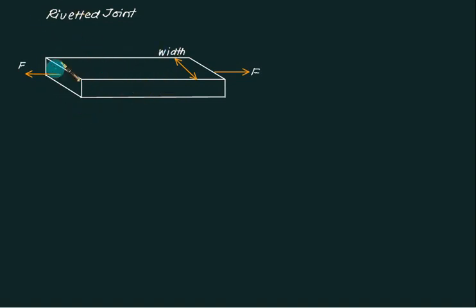And the area perpendicular to this is this area. If I say width equal to B and the thickness equal to T, then B into T is the resisting area that will offer the resistance to the force F. The area and force are perpendicular. So nature of stress is tensile. So we have force equal to B multiplied by T multiplied by sigma.